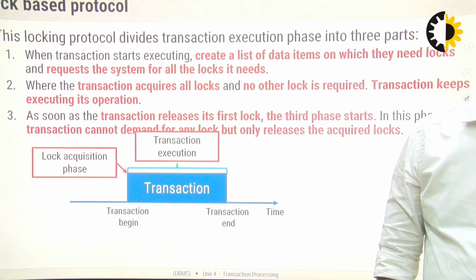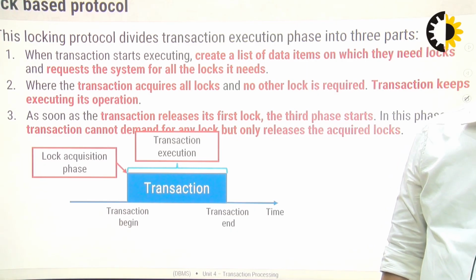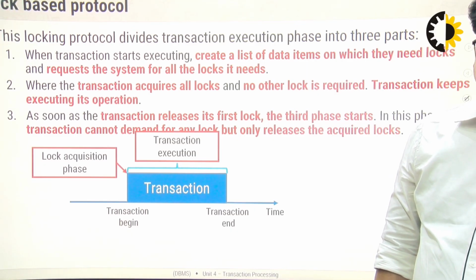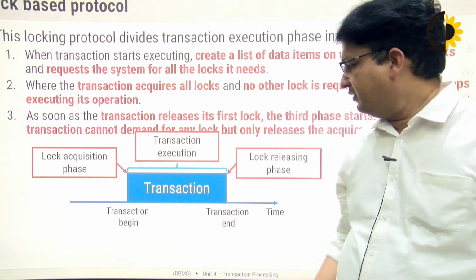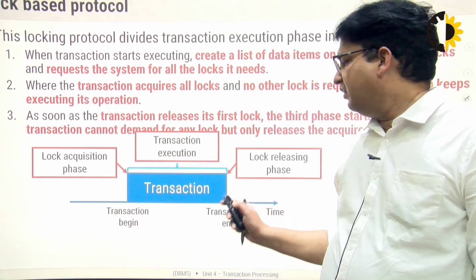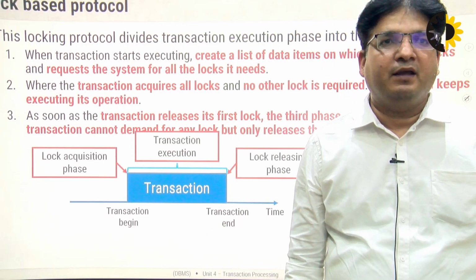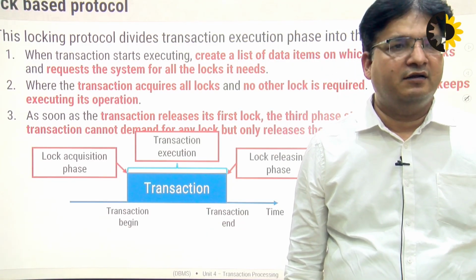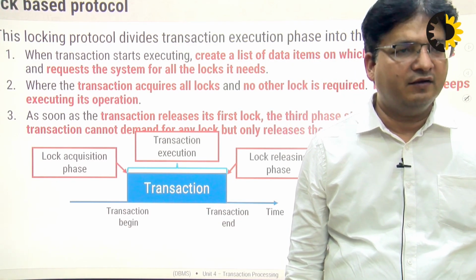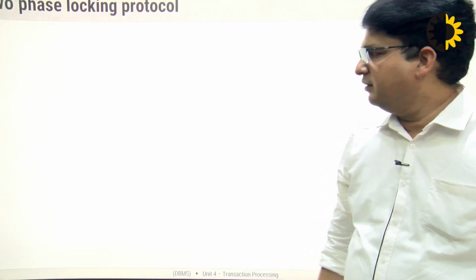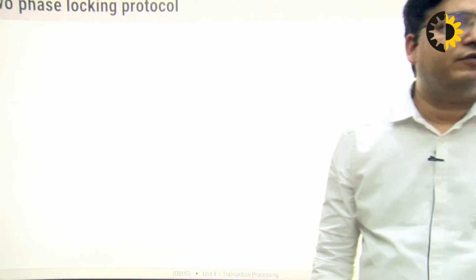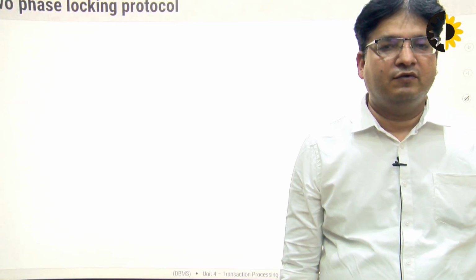In this phase, the transaction cannot demand any lock, but it only releases the locks as soon as its requirement ceases. So towards the end, there is a lock releasing phase, whereby a transaction releases the data items which it does not require currently. Now this protocol is not deadlock free,